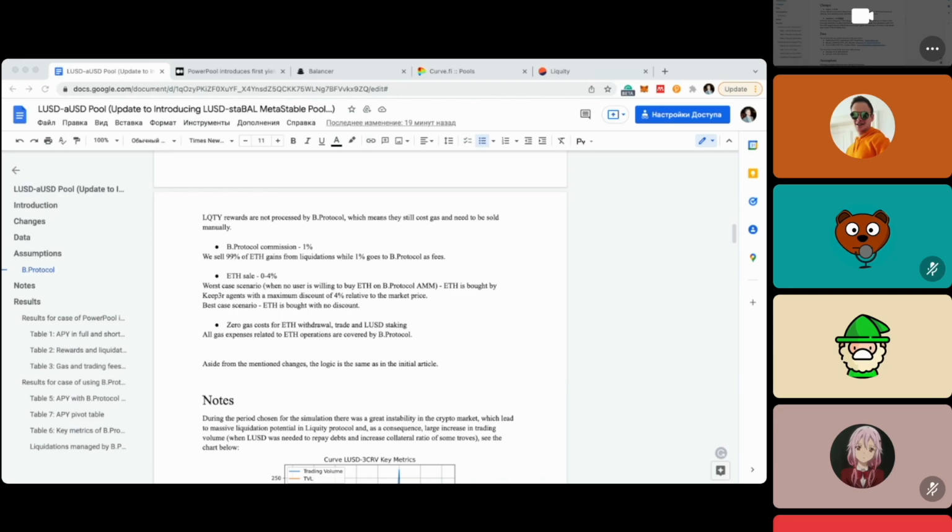Oh, that's really great news. But you mentioned audits and stuff like that a couple of times. What do you think? Will audit be a real roadblock in the launching of this kind of pool? And if yes, what's your stance on audits in general? Do you think it's okay to launch unaudited products in crypto, or we should keep our focus on safety of funds and still go with only audited code deployed?